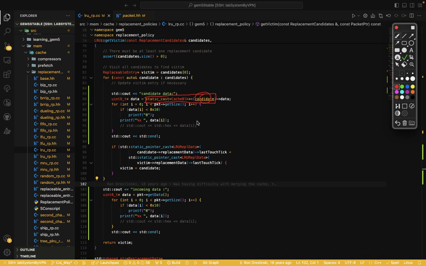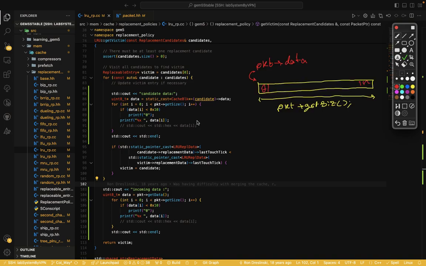Okay, I said something: we have packet data and candidate data. For example, let's write the pointer of this data, for example, candidate data.